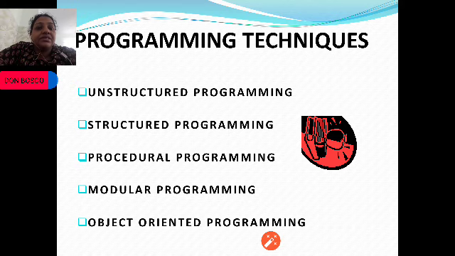Structured programming is a programming technique which uses these control statements to write the program, such as looping structures and conditional structures.